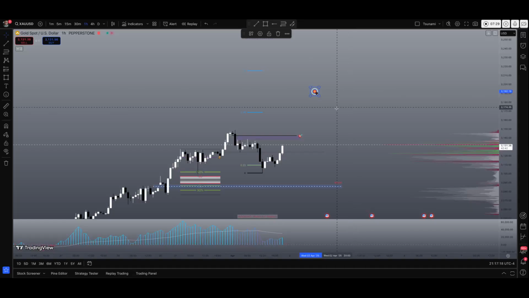It's very high up there, 3,200. Goldman Sachs' next goal was 3,000 the last time I checked it. They definitely probably raised it by now, but